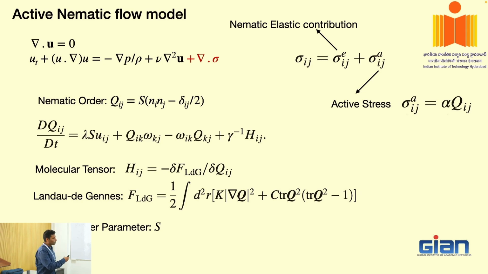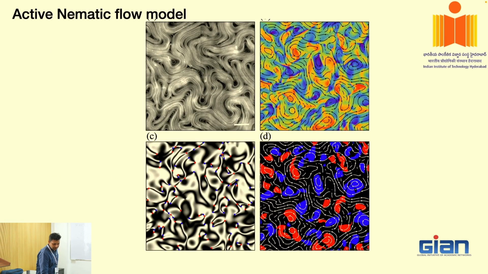Now if you solve these equations, you are going to see structures. Top left is experiment, these are simulations. What has been done in the background is that the vorticity field has been plotted, and then you have streamline contours around it, like you plotted yesterday. You can see again the structures are going to be much smaller than the system size itself, and one can look at these structures qualitatively, and they appear to be similar, not precisely, but a qualitative matching is there.